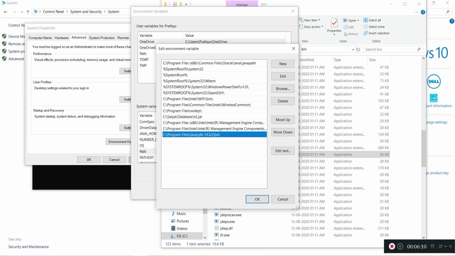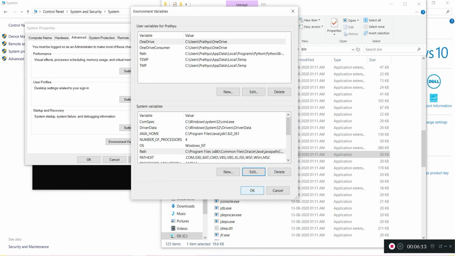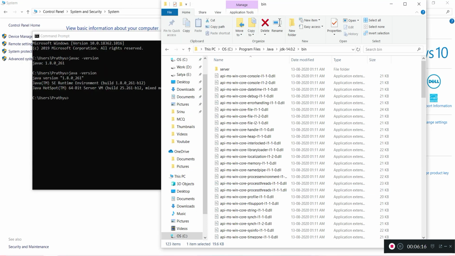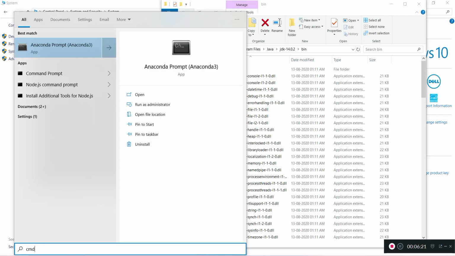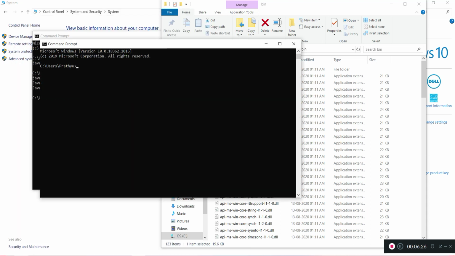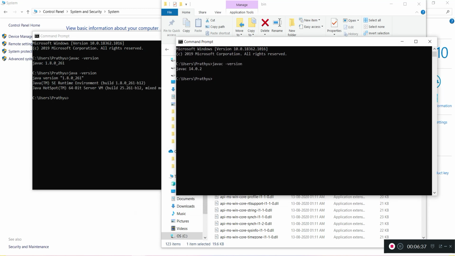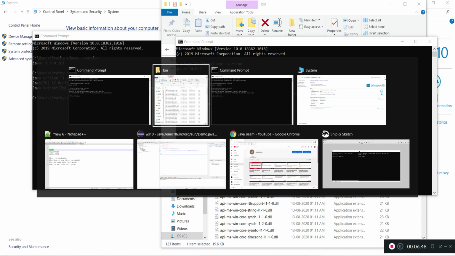Okay, click OK and OK, and finally confirm this one. Now take a new window, as the old window is using the old configuration. Go to a new command prompt and see the version. Yeah, now my Java compiler version is set to 14, as previously it was set to Java 1.8, and the Java runtime environment version is still Java 1.8. Let me see what the problem was.